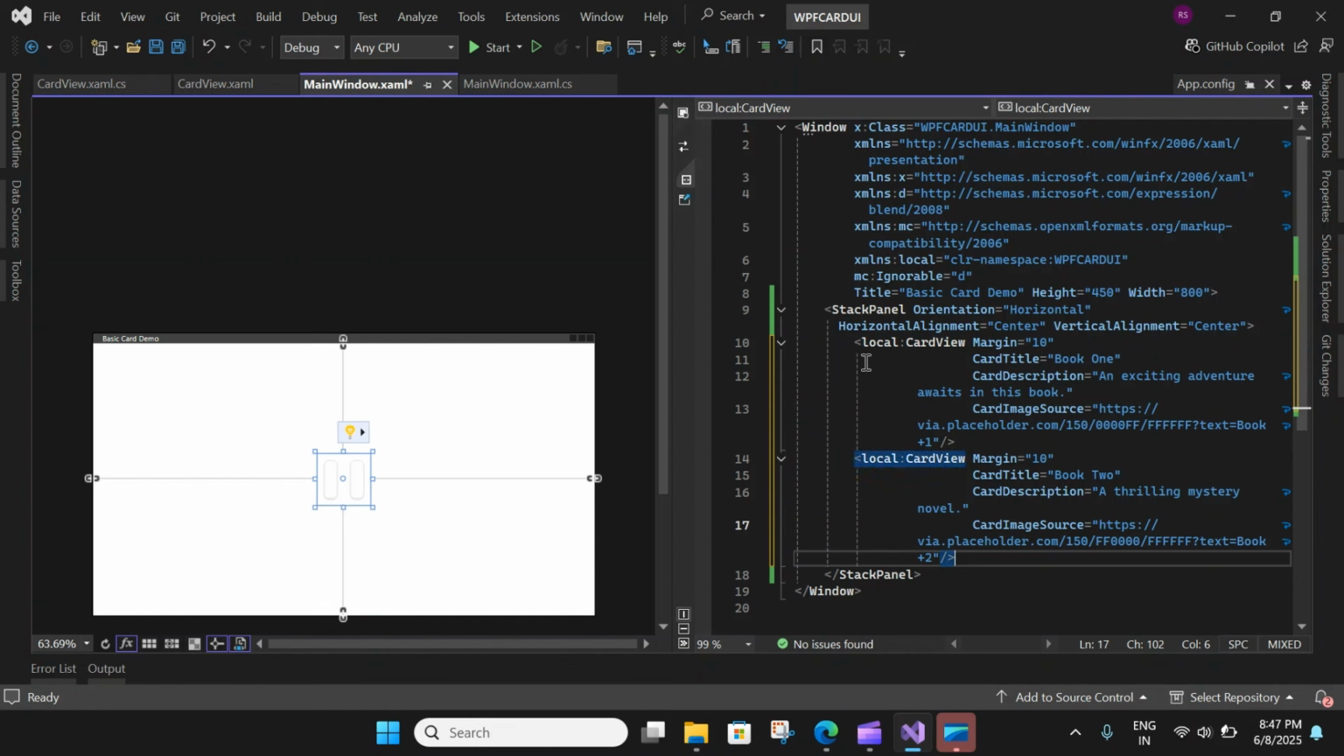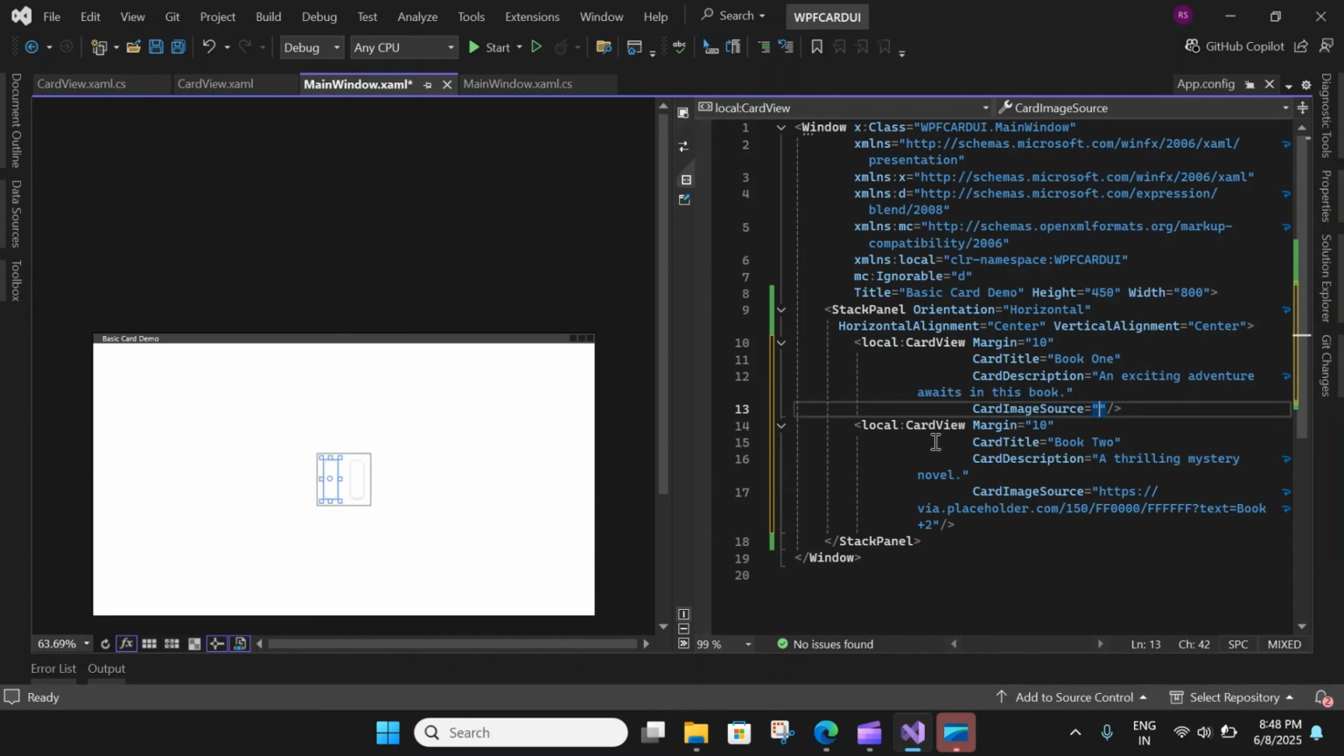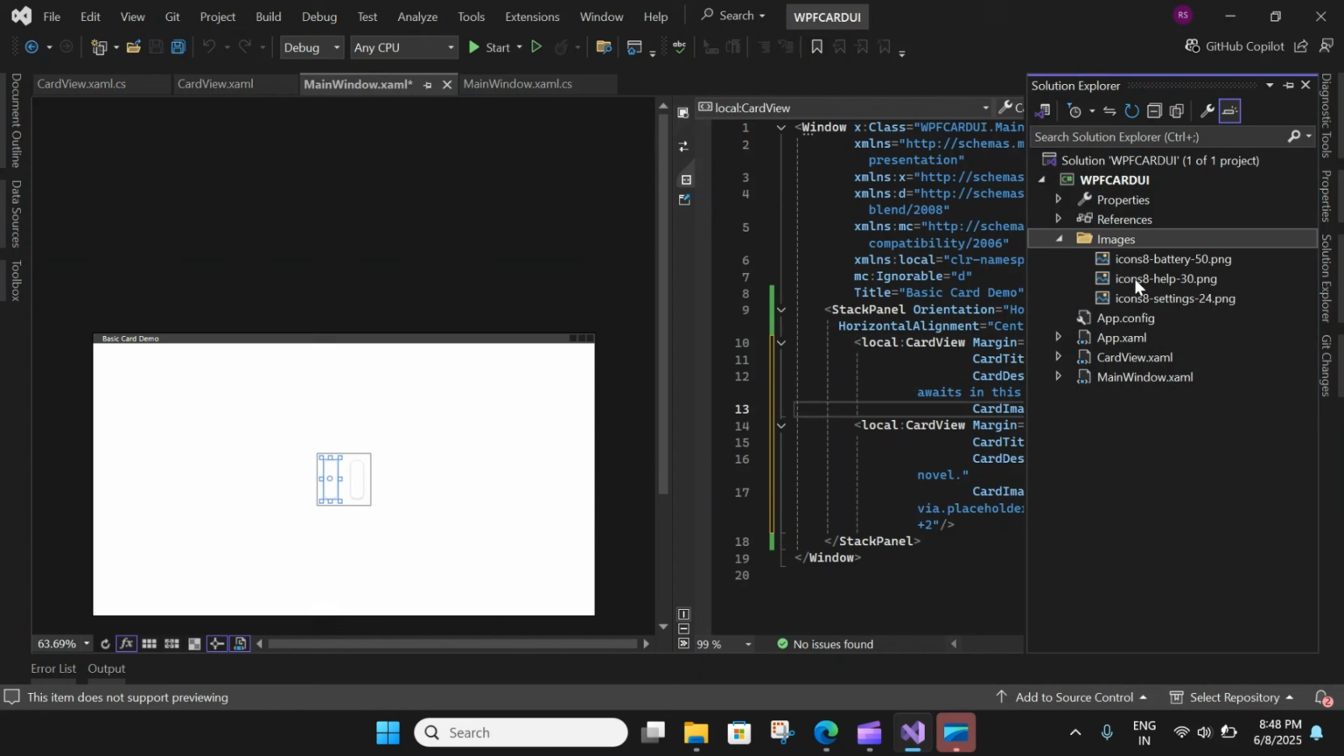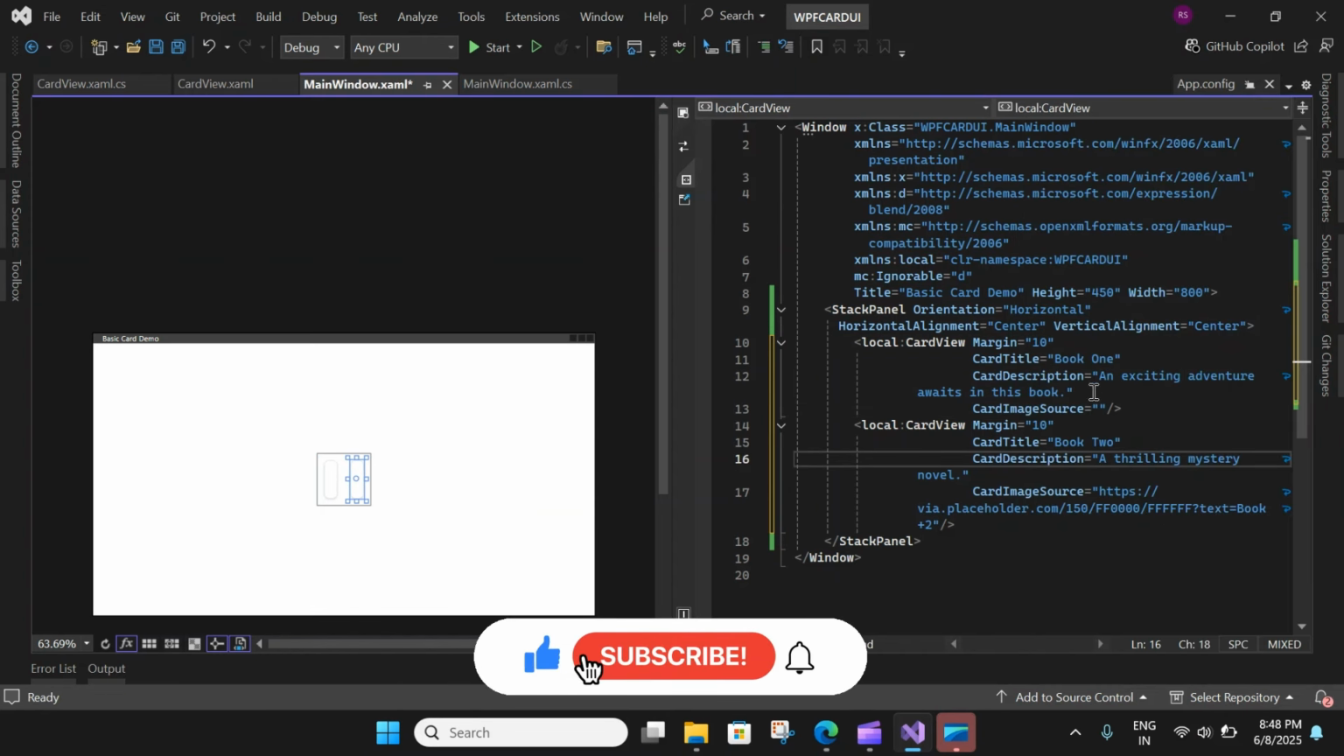So right now, instead of three cards, we have two cards where the card title is set, card description is set, and the card image source is also set to a placeholder. But let me change this to the image that we have in our solution explorer folder here, images. So let me copy this, and instead of that, let's say slash images slash,